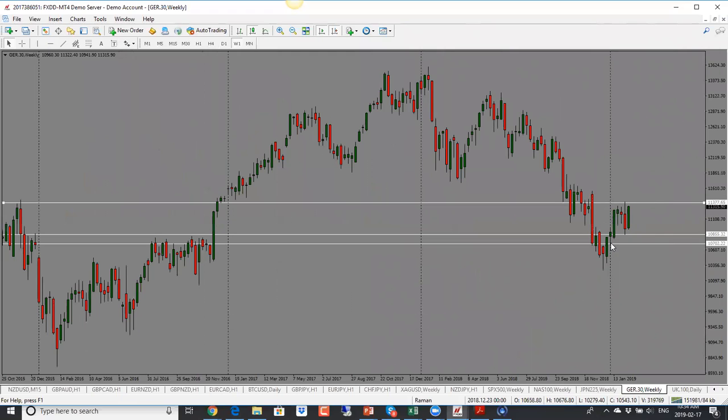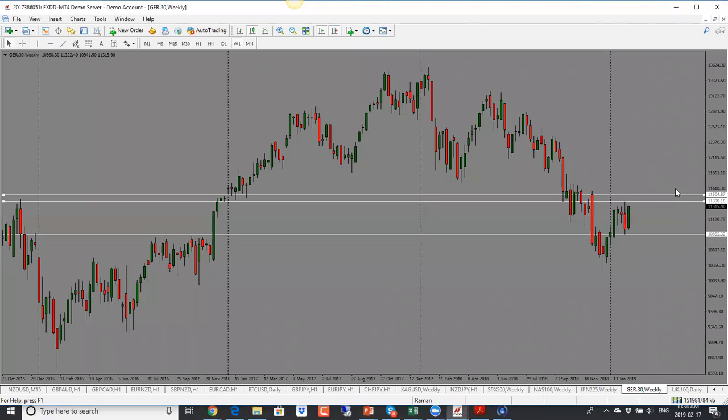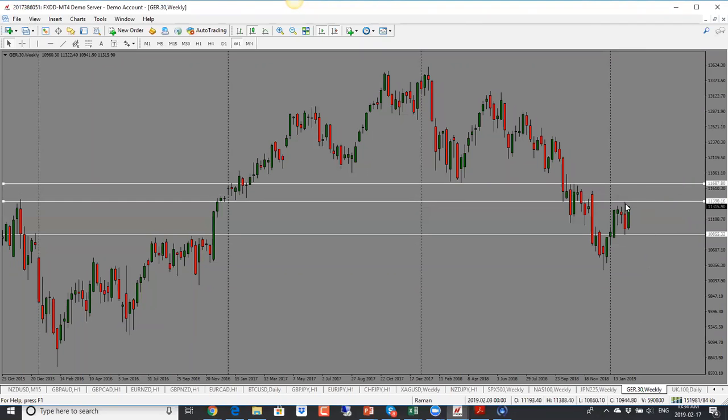DAX here is a little range bound. It's been trading in this range for several weeks now. We have a big bullish candle close. I would look for it to go higher to test the high here, this support resistance level. And if everything else goes up, this is likely to go up as well, but it could do one of these because currently it's range bound. So that's the only cautionary note I would say, but it is looking bullish at this moment. If it breaks the high, next target is 11687.